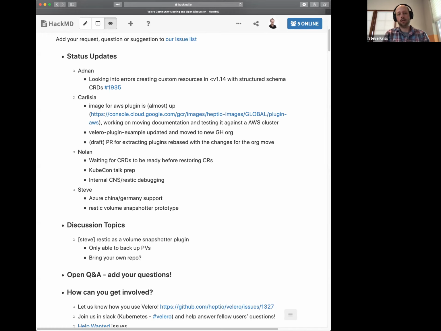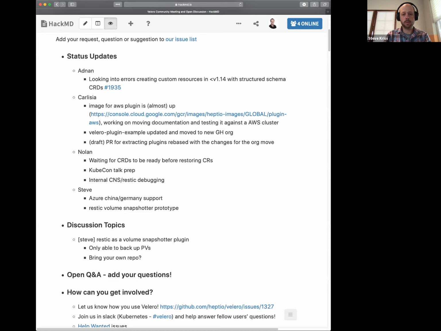Our current implementation of the Azure plugin only supported the US cloud, so this PR added support for the other ones. I've just been helping get a couple of the feedback items addressed, so hopefully that's ready for merge relatively soon.